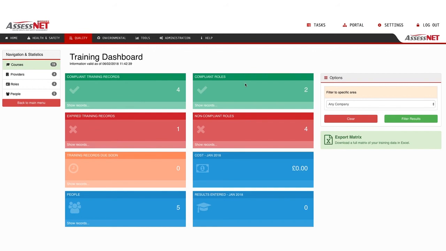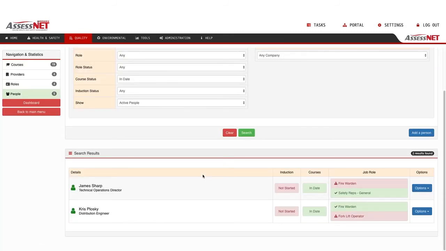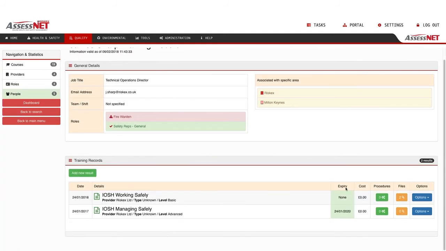And it's worth remembering that if I go to compliant training records here and I click show records, it said 4, but 2 people have come up. And that will be because each of these have probably got 2 records that are valid. If I go into James's record here and I click on open record, there we go, 2 records that are valid. So if I go back to the dashboard,